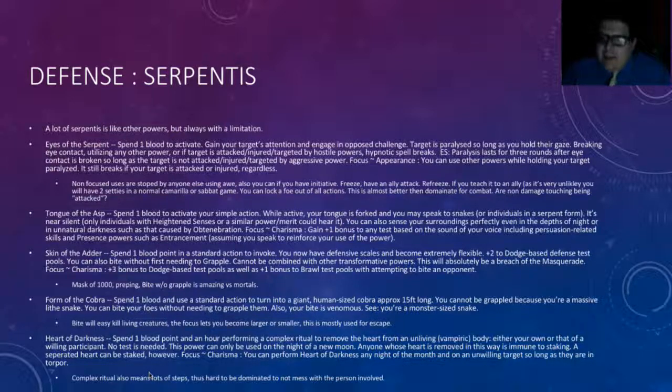With an exceptional success, the paralysis lasts for 3 rounds after contact is broken, so long as the target is not attacked, injured, or targeted by aggressive power. With a focus appearance, you can use other powers while holding your target paralyzed. It still breaks if your target is attacked, injured, or regardless. Now,